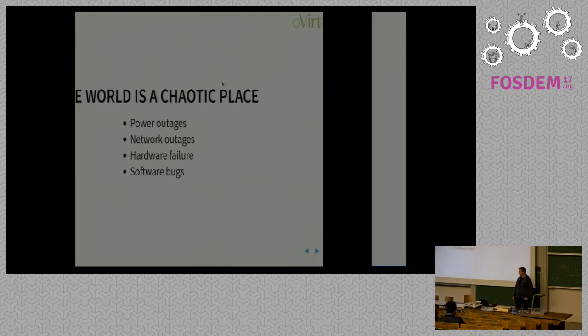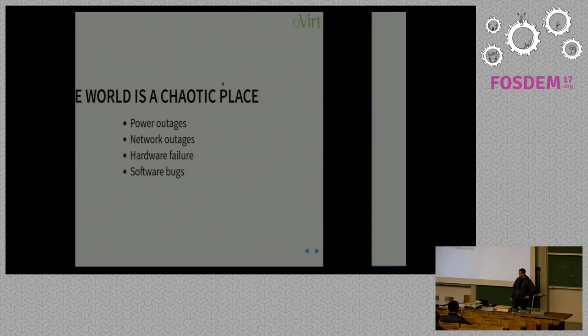So this all works really great. It was designed for a reason because of the chaos that happens in everyday worlds. So we can have power outages, network service interruptions, hardware failures of all different stripes, which are affecting the operation of the system in unexpected ways. And we can have software bugs even, never in oVirt, but in the kernel, libvirt, QEMU, and of course our stuff too.